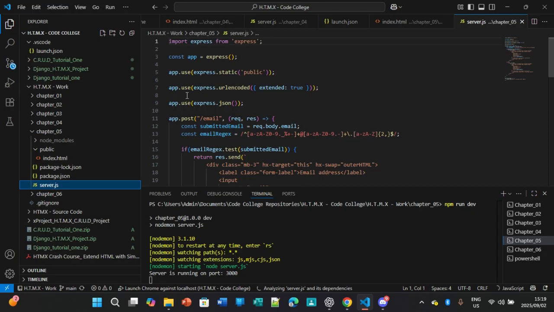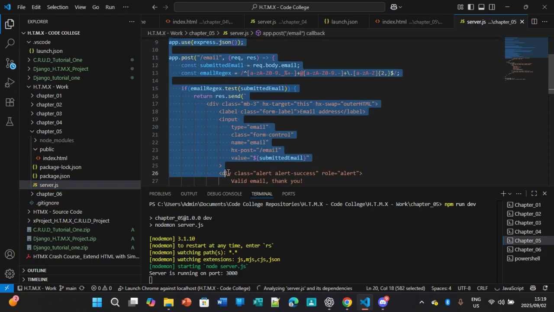Actually, let me do that in the next video. So let me go on this one. Alright, so you've got const app equals express, app.use(express.static('public')), app.use(express.urlencoded({extended: true})), app.use(express.json()), app.post('/email', (req, res) => { const submittedEmail = req.body.email; const emailRegex equals